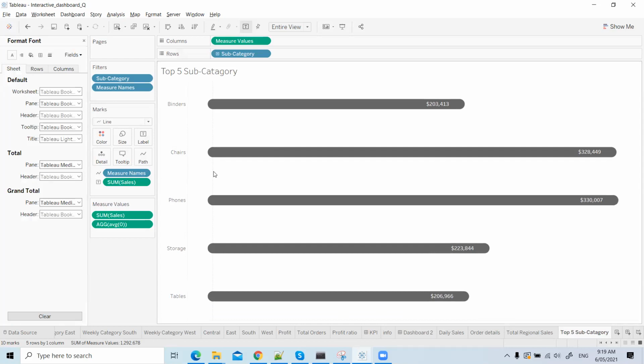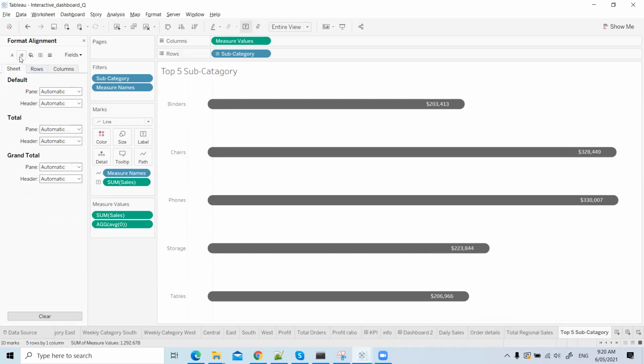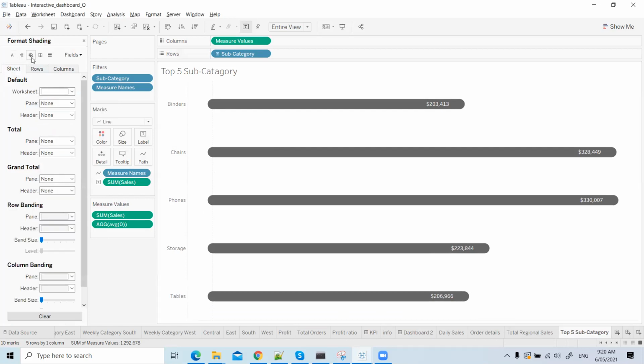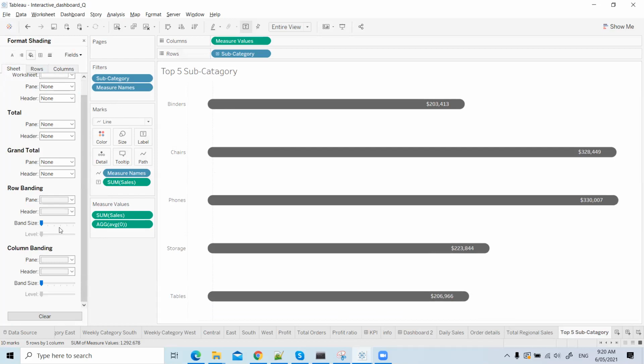We also see this line, dotted line. This is also this panel. And so now